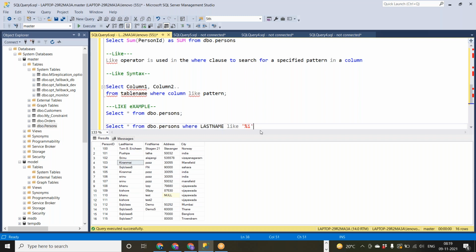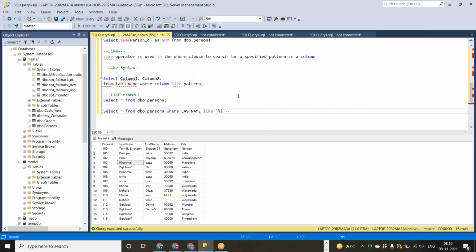This means SQL will understand there are some letters in the front and it should end with I. So what will it retrieve? It will retrieve all last names ending with I. Let's see. We have only Kiranmay which ends with I, right?